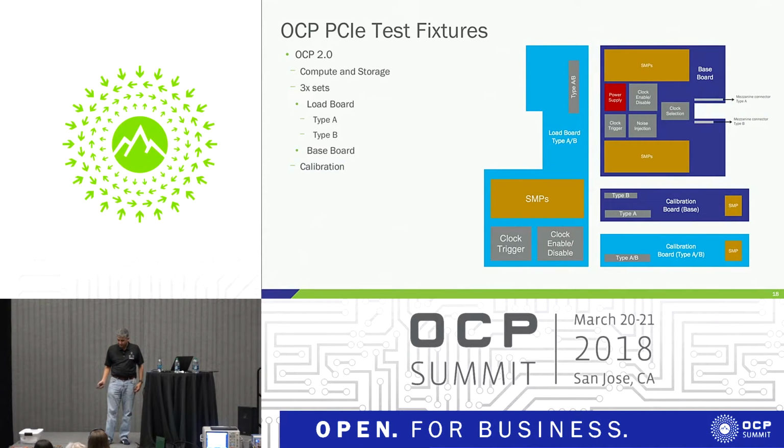So now just to talk about how we are going to achieve that. What we did, PCI SIG has defined very specific test fixtures to be able to do the transmit and the receiver testing. And those are the fixtures right here. You can see it in the green. These are the baseboard fixtures, and there's a riser board. So we tried to use a similar concept, and we applied it for our OCP platform. And so we built actually three sets of boards. So these are the load boards. So there are two sets of load boards. So because of the OCP,